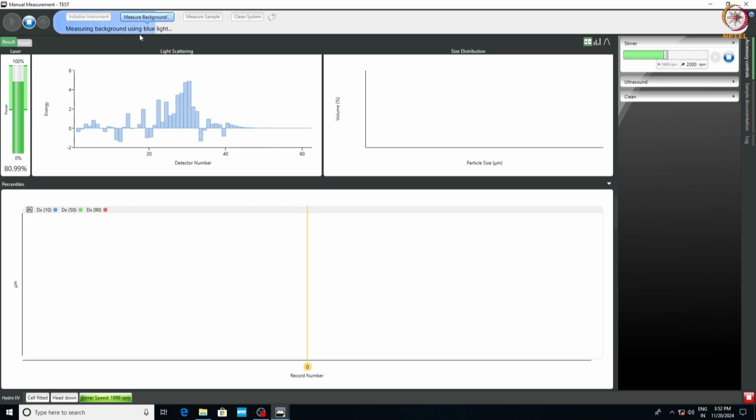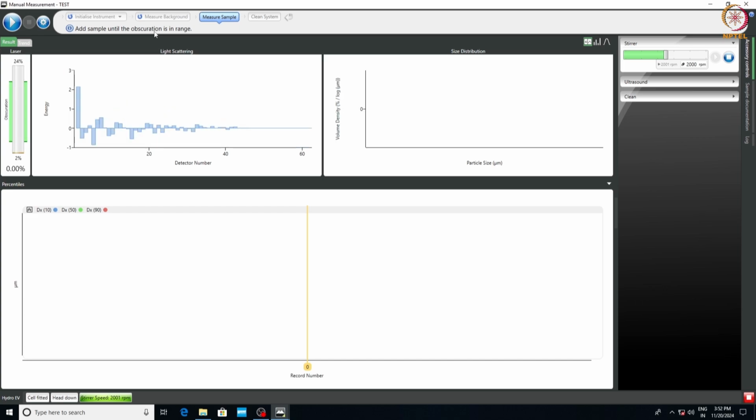Sometimes this measurement of the background takes a bit more time if the instrument is not cleaned properly. This time it was cleaned properly, so it did not take more than 10 seconds. However, sometimes it takes more than 10 or even 30 seconds. So after all this, once the measure sample section turns blue, this means that the system is now ready to measure the sample.